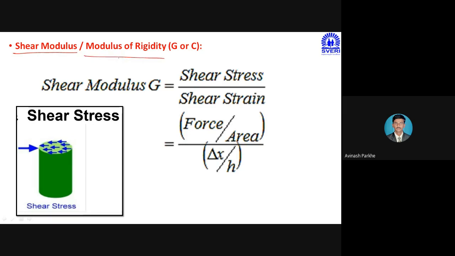Due to that, we can say that this particular body is subjected to the shear force. If it is subjected to the shear force, the shear stress and shear strain are developed, and the ratio of shear stress upon shear strain is called the shear modulus. This parameter is mostly used in the torsion chapter, where the shaft is subjected to some amount of torque, due to which it is subjected to some amount of twisting moment. If we have to calculate the angle theta, that is the twisting moment, at that time we have to use this constant parameter for the further calculation.